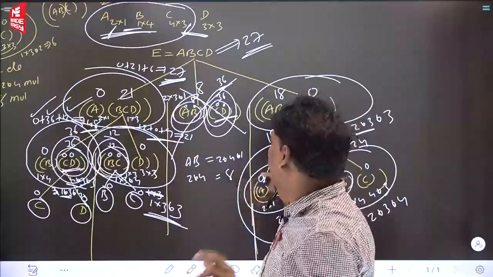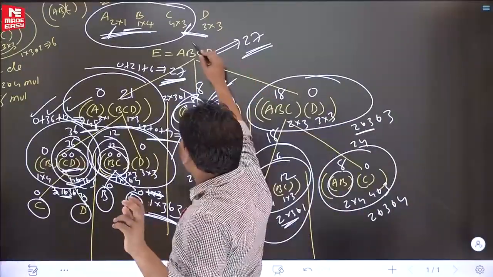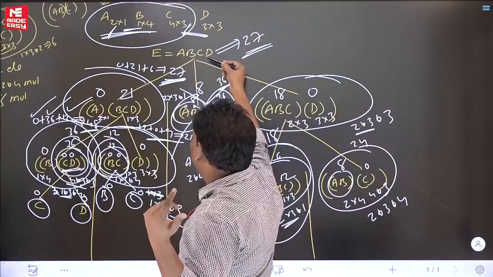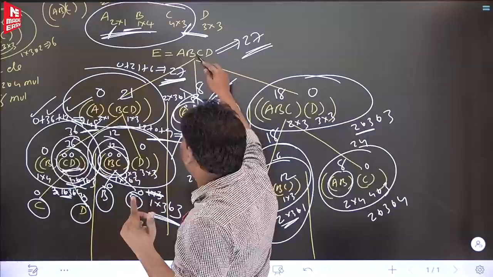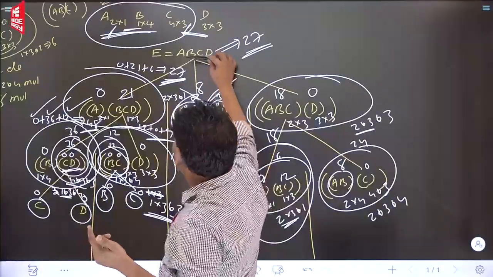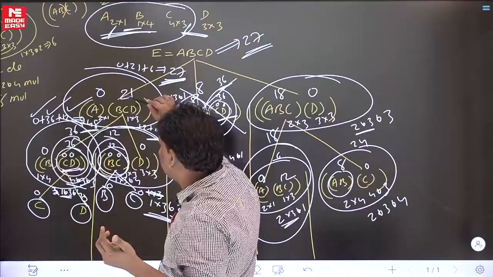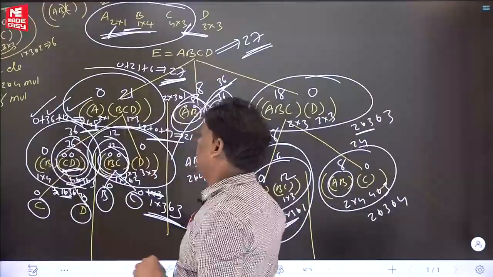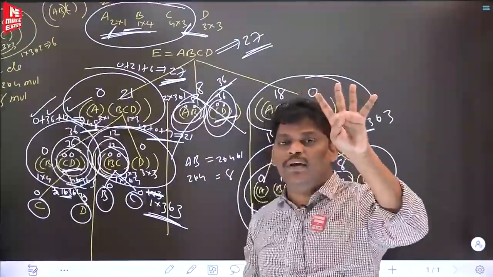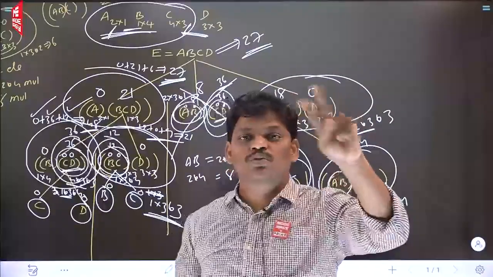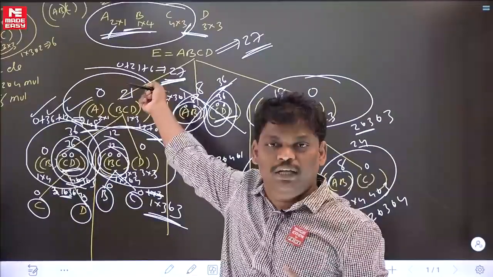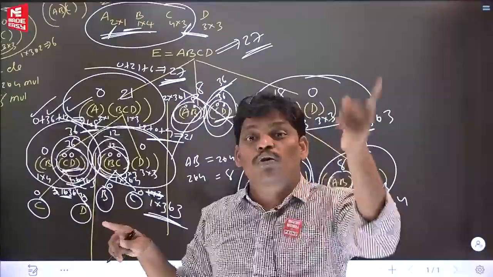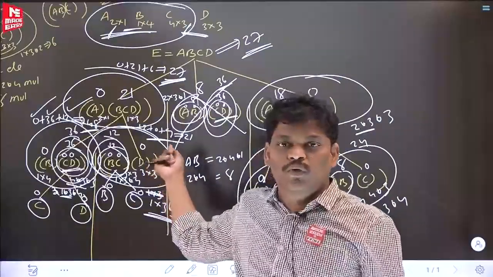And one more thing. 4 matrices to multiply. Listen, 4 matrices to multiply using the matrix chain multiplication property. Right? Then what is the answer? If you see this tree, 4 matrices, next level 3 matrices, next level 2 matrices, next level 1. What is the meaning? A 4 level tree will come. To multiply 4 matrices using matrix chain multiplication, if you apply this algorithm properly, what is the answer? A 4 level tree is coming.